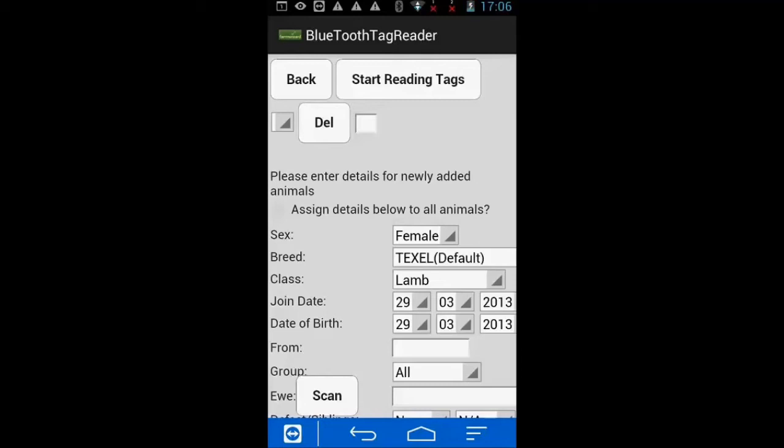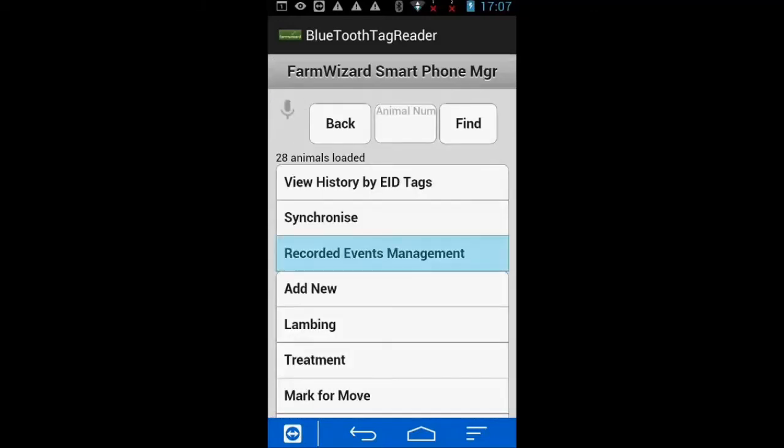So there's no batch scanning session open, we've basically been scanning one at a time, so the scanning session is opened and closed for that single recording basis. Remember that the assign details below to all animals checkbox is only used when you've got a batch of similar or same attributes. Now if I just press back, we can go to recorded events management, and